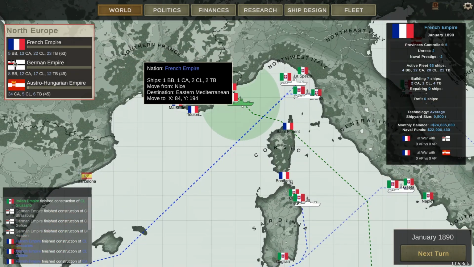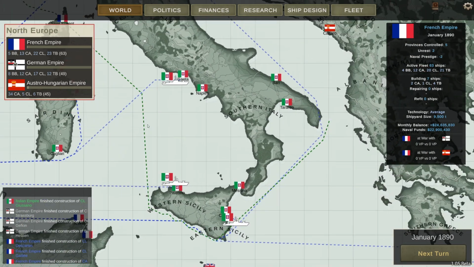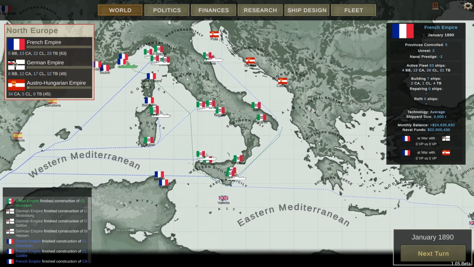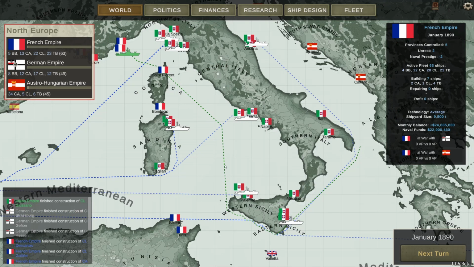That creates a task force that will sail around and park themselves just here. I forget the name of those straits, that's really bad. Okay, and they'll follow this route, so...